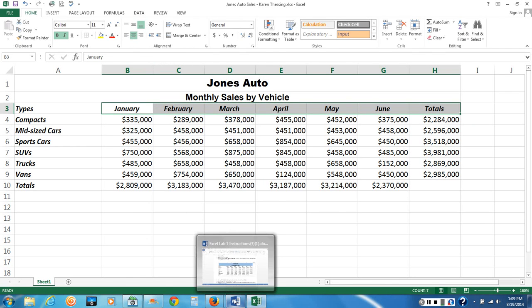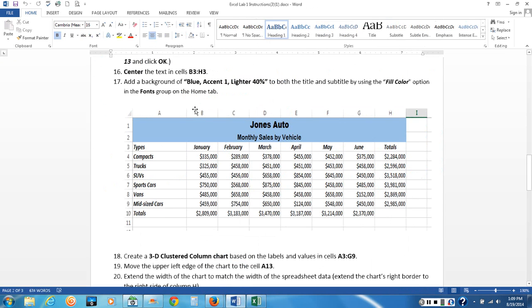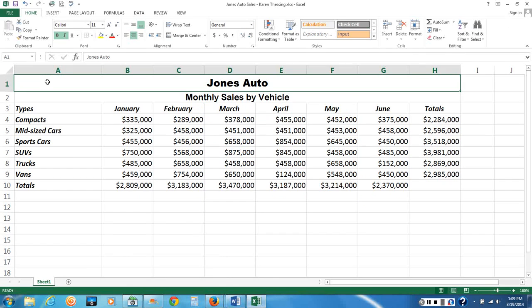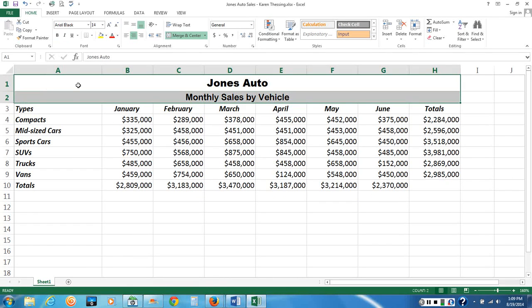From the taskbar, I'll bring up my Word document. We need to add the background of blue accent 1 lighter 40% to both the title and the subtitle by using the fill color option in the font group on the Home tab. So on my taskbar, I'll bring up my Excel file. I'm going to select cells A1 and A2 because we want the background color on the title and subtitle. And on the Home tab in the font group,